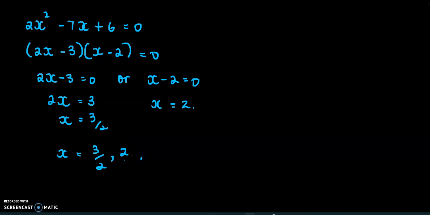Now we use the word or because x can't assume two values at the same time. So x cannot be equal to 3 over 2 and 2 at the same time. So hence we use the word